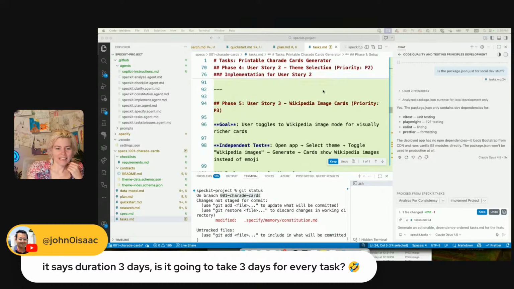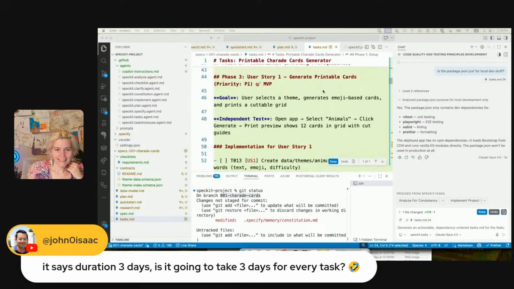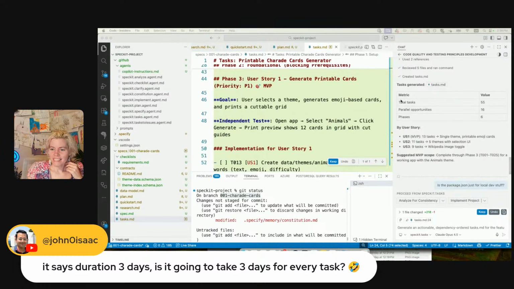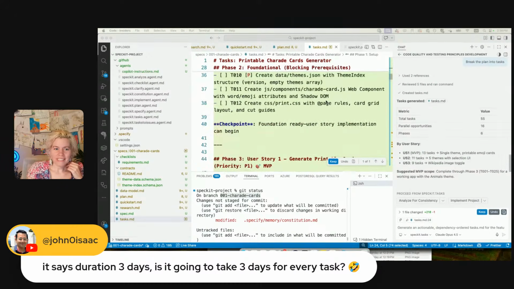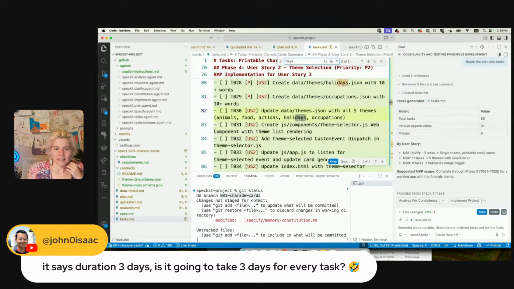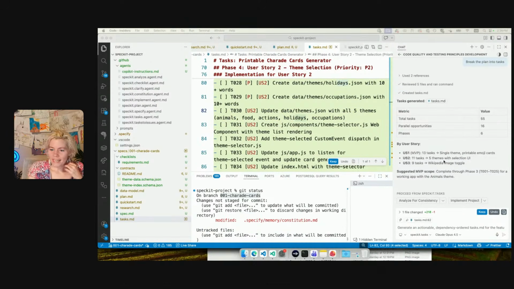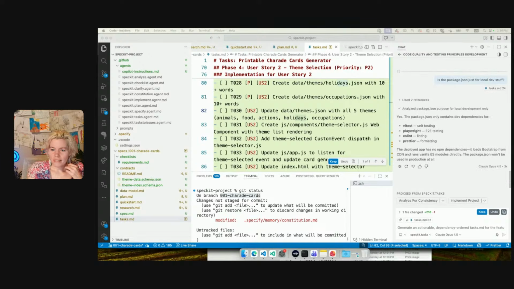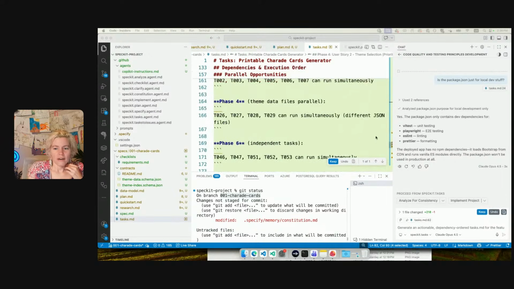Where did it say 3 days? Where does it say it'll take 3 days? Let me see. Days. I don't see it, but just tell me where. Complete through phase. All right, okay, so let's do